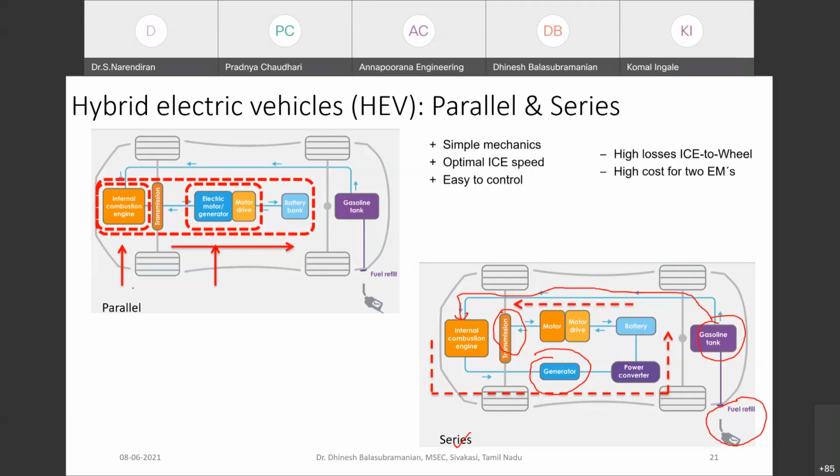Whereas when talking about the parallel hybrid connection, you will have two options in parallel. So for this case also, let me just start from the same point. You will have a fuel refuel tank, from there the gasoline tank, from the gasoline tank